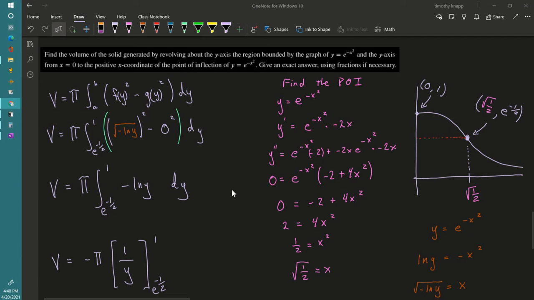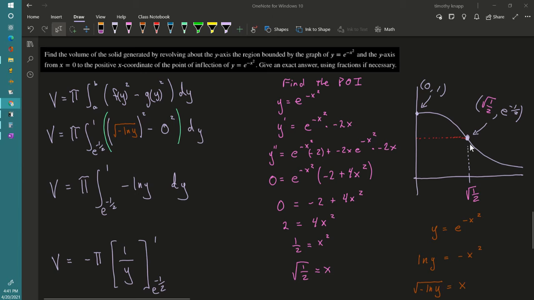Hey everybody, so we're talking about finding the volume of a solid generated by revolving around the y-axis this following region. So it's y equals e to the negative x squared, which is this graph here. And then we want to bound it by the y-axis, okay? And then from x equals 0, so that would be this, okay? From x equals 0